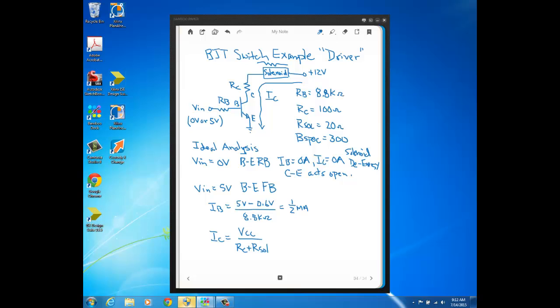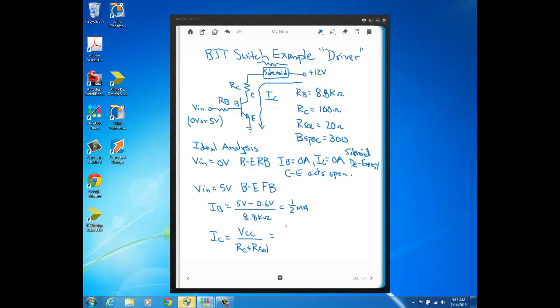if instead of a solenoid you had, say, an LED in this part of the circuit, well, then you would just treat the LED as a voltage source of value, whatever the forward bias drop across the LED was equal to. Okay, so